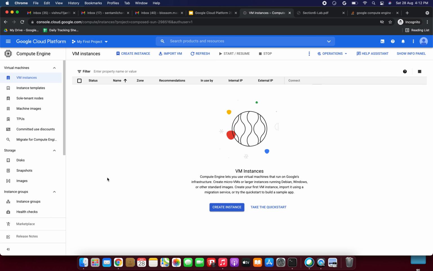When to use instance templates? We need to use instance templates anytime you want to quickly create VM instances based off of a pre-existing configuration. If you want to create a group of identical instances, you must use an instance template to create a managed instance group. So now I am going to create the instance template.